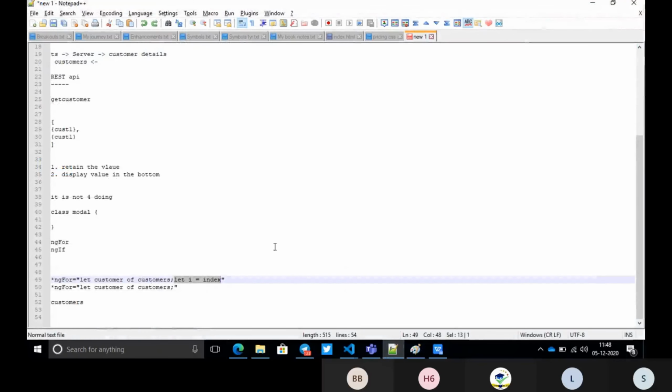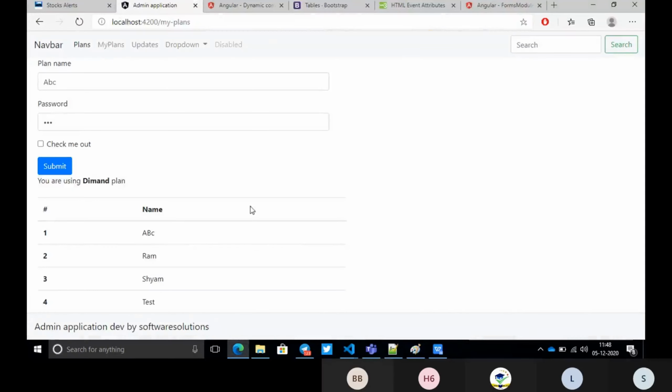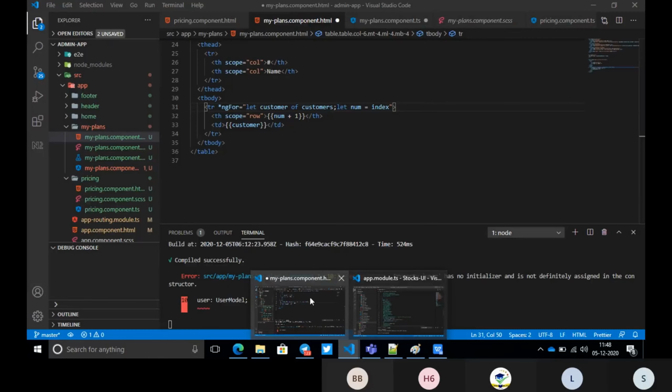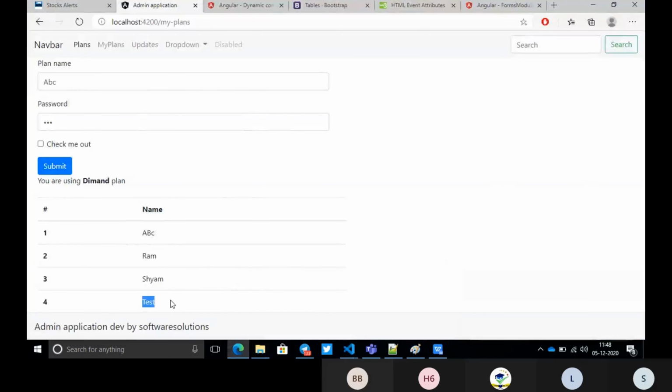So the next thing is we have seen how to use the ng for, right? Now, suppose we want to print. The members are there, right? I want to print the names whose name is not test, but the remaining names I should print. The condition here is I don't want to print any name with test, but I want to print the other members. So how can I do it?